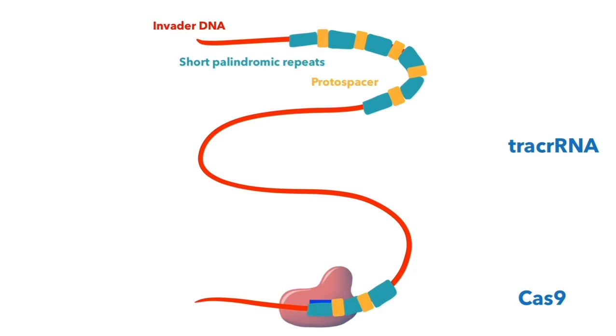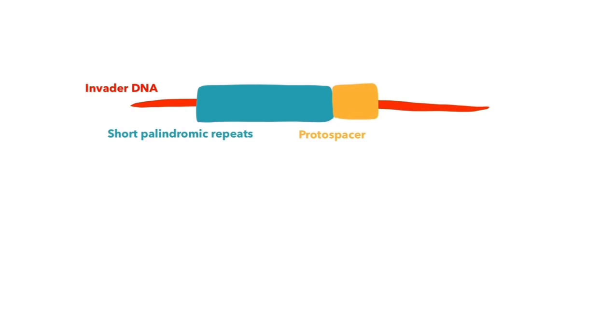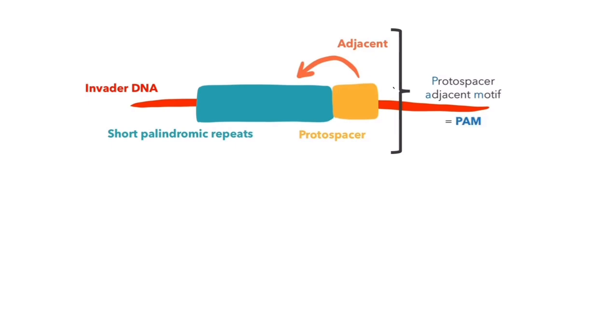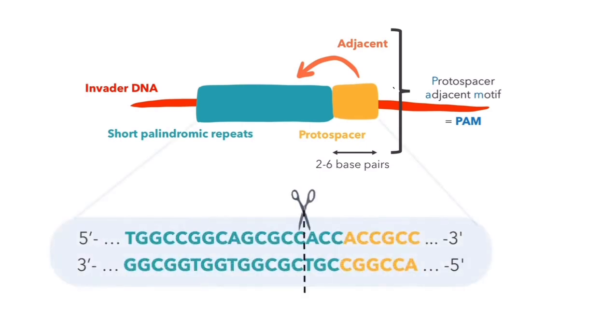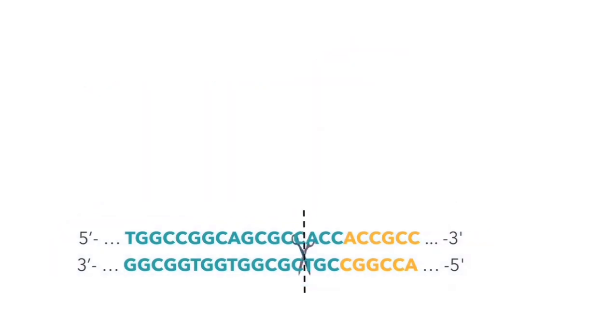It is to be noted that the selection of the repeated nucleotide sequences is, however, not a random process, but is guided by the protospacer adjacent motif, abbreviated as the PAM. The PAM is a small 2 to 6 base pair DNA sequence that lies adjacent to the site where the cleavage is supposed to occur and helps in guiding the Cas9, or the scissor, to the site of incision. In fact, the site of cleavage of the DNA nucleotide sequence is situated 3 base pairs upstream of the PAM region